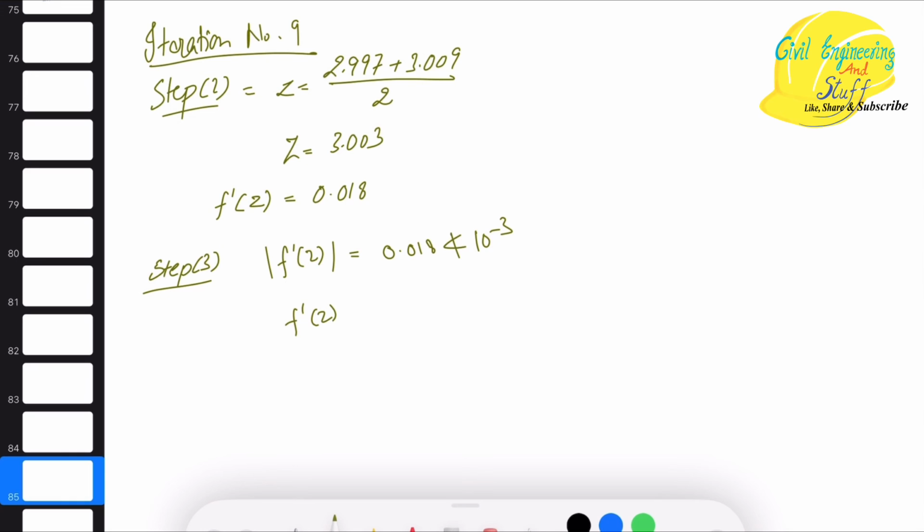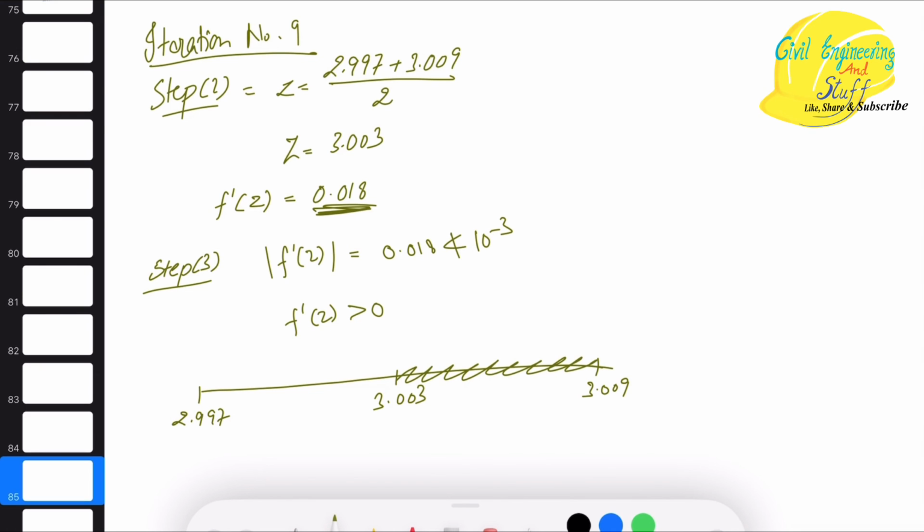So we are going to see if f dash z is greater than 0 or less than 0, right? And we can see it is greater than 0. If it is greater than 0, 2.997, 3.009, midpoint is 3.003. So which region to eliminate? We are going to eliminate this region, and our new range